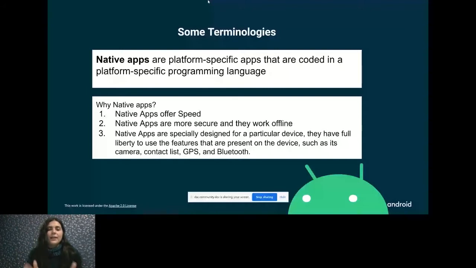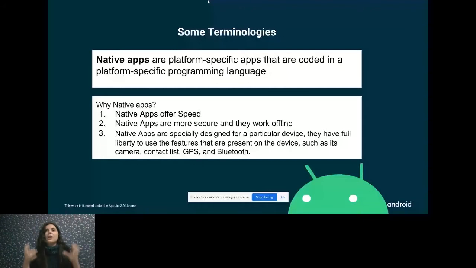But our focus right now is on native apps, because we're developing Android applications with Android Studio using the Kotlin language. Why native apps compared to the other groups? Native apps offer you speed, they're more secure, and they work offline.